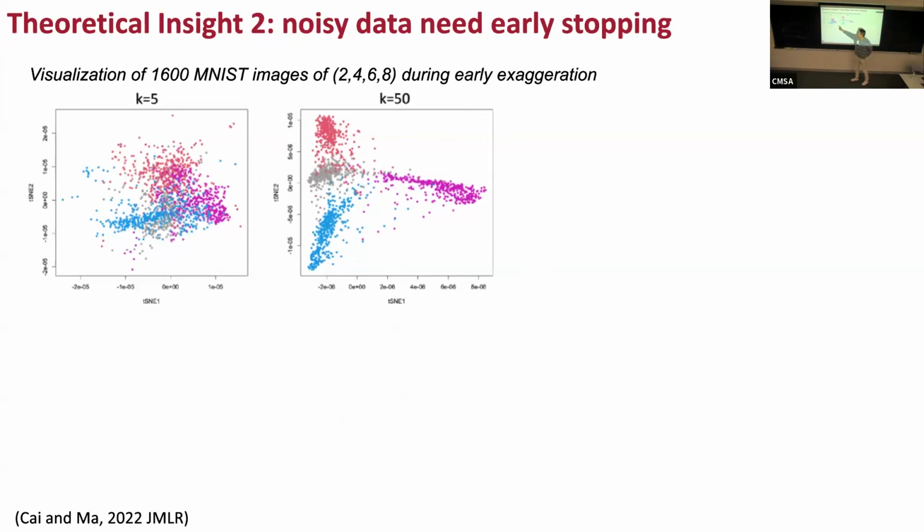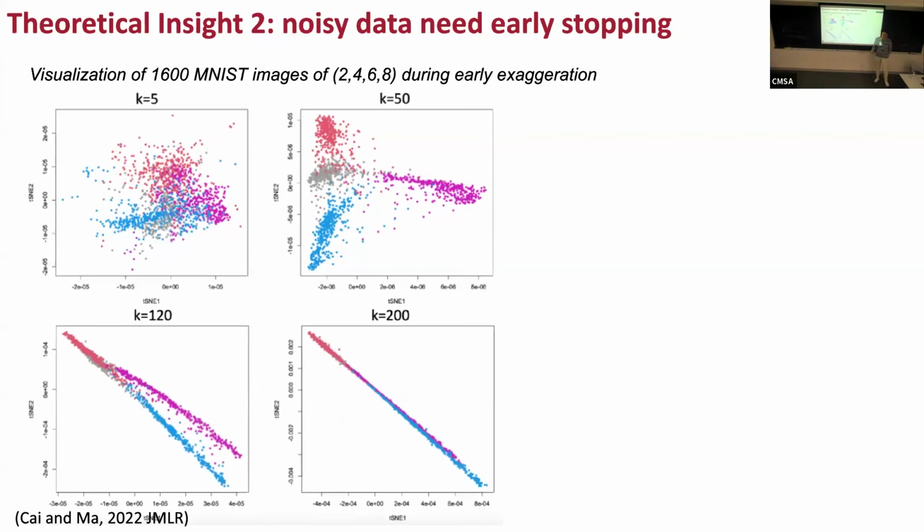So again, back to this handwritten digits example, you can see after 50 iterations in this early exaggeration, we already see separation of clusters. However, if we keep running this algorithm for more iterations, instead of finding that they converge to those singletons, actually the embedding becomes more and more